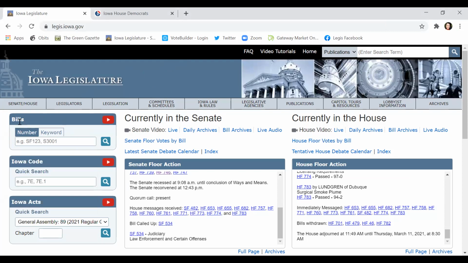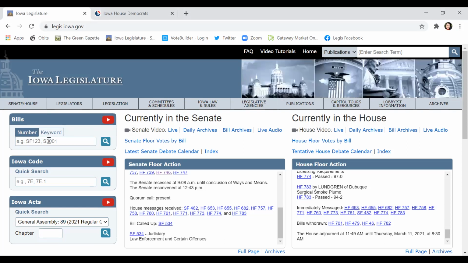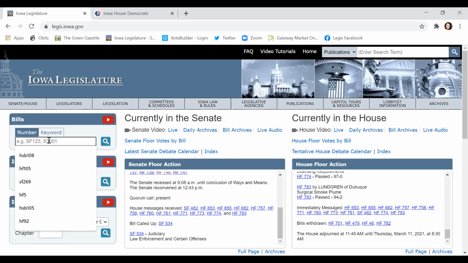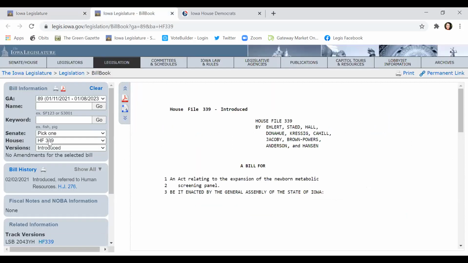So over on the left-hand side, you'll see a little box labeled bills, and you have the choice to enter a number or a keyword. So we're going to enter the number. I'm going to show you one that did not make it through funnel week, so it has a very short bill history, and that's House File 339. This unfortunately is one of my bills. I'm a little sad that it didn't make it through the funnel,